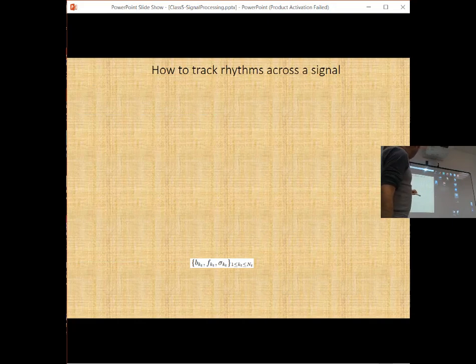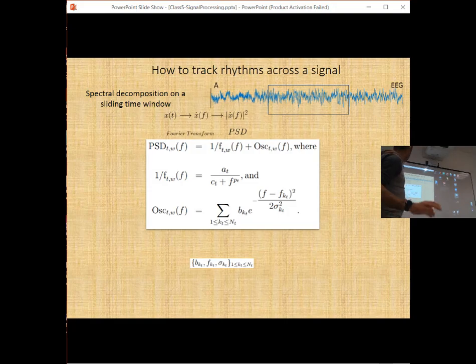Okay, so now I want to start with how to track a rhythm across a signal. Suppose you have a rhythm. How can you track this specific rhythm? What do you need? You take your signal, x of t, you can decompose it in a sliding window, and you do the Fourier transform. You have your Fourier transform, you can calculate the power spectrum. And interestingly, your power spectrum